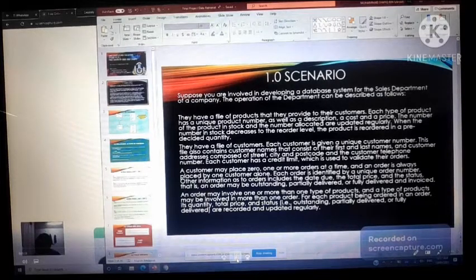So I have to operate a database system for the sales department. For the entire question, I have four paragraphs, and then I divide them into four diagrams